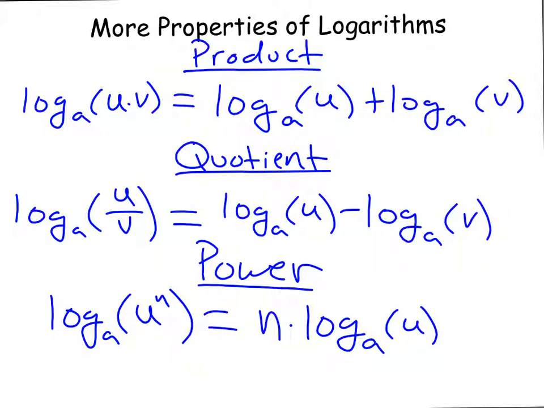Notice the names. This is about the only thing I want to say. For product, it's talking about a logarithm that is written as the product of 2 numbers, one that's being divided, and one that has an exponent. Something you'll have to be a little bit careful of, though, is notice on the product, when you split